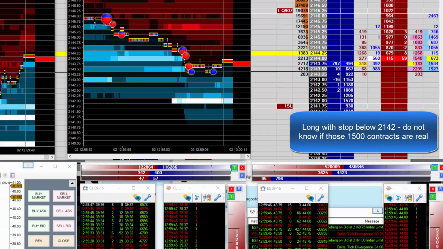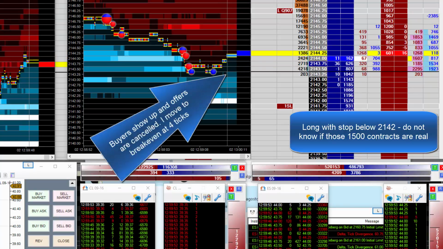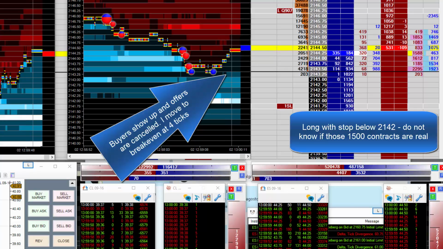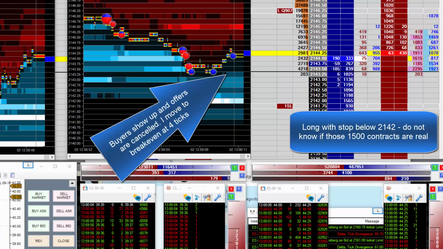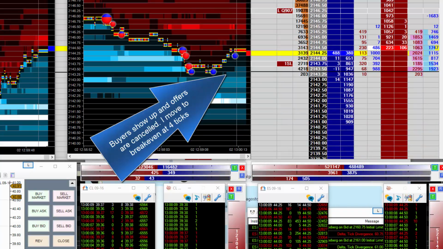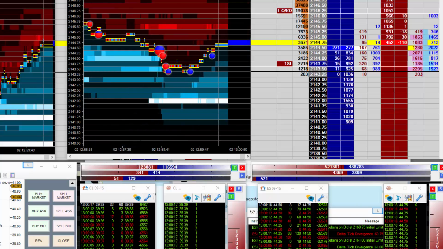As soon as I enter long, the market moves in my favor and buyers show up. There is an auto break even in the strategy. With 4 ticks profit, the trade will move to break even. And now we have another blue bubble. So you see how the trade went to break even. And now it's something important, because right here,